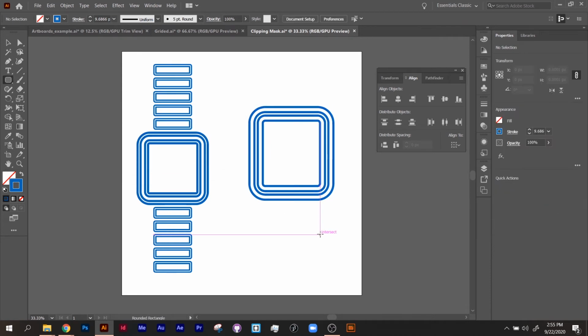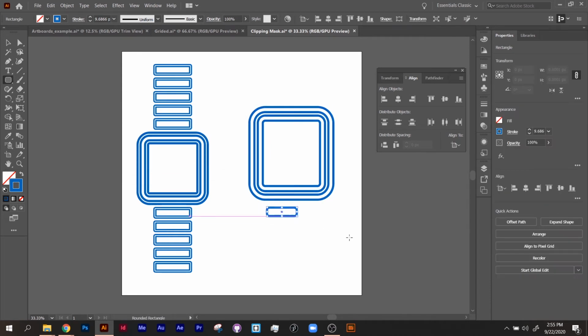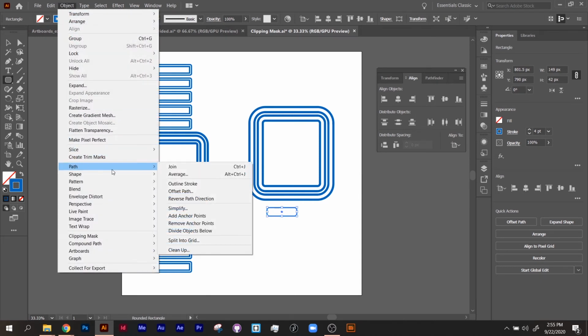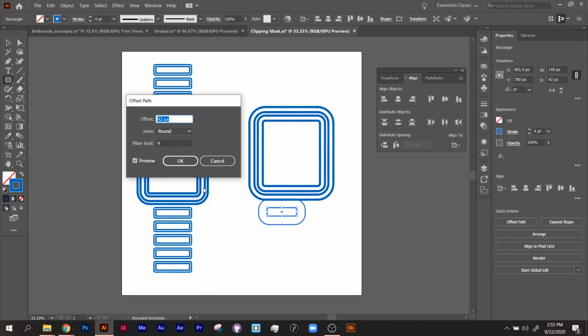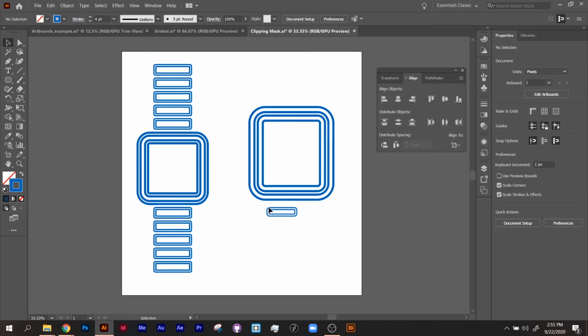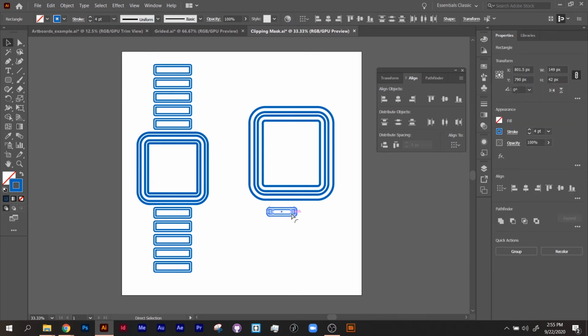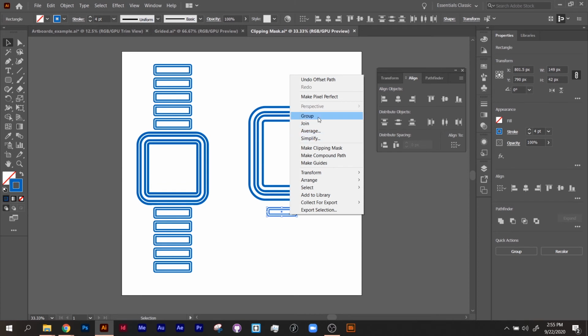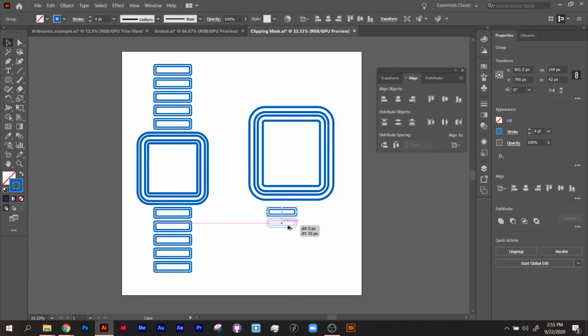I can come and take one more, just have it go down like this, and then I might change the stroke weight on it a tiny bit. So let's go down a little bit, and then Object, Path, and Offset Path. And I'm going to reset this to 0, just click off, and then come up and decrease it a tiny bit. I can then take these two shapes, Control G or right click and group them together